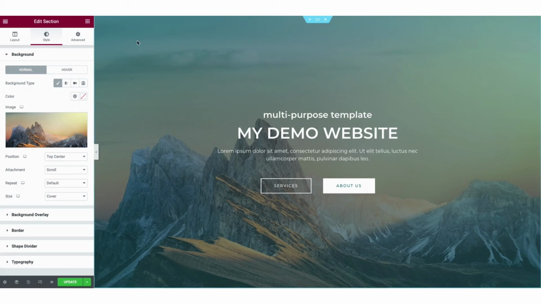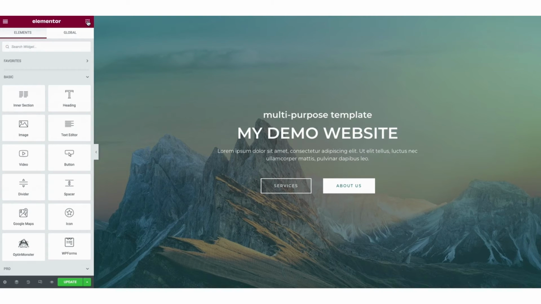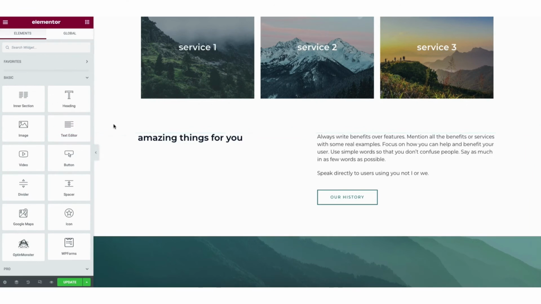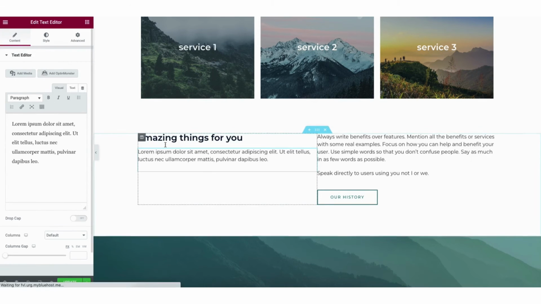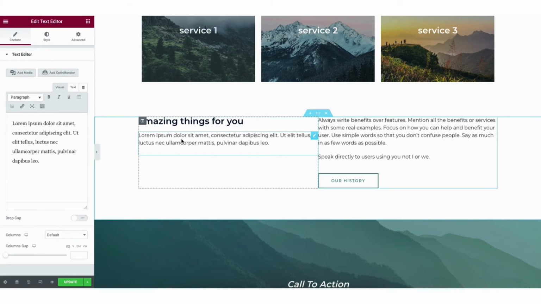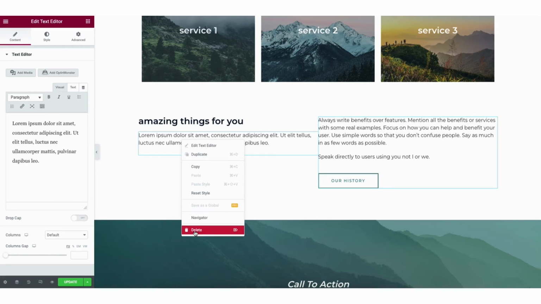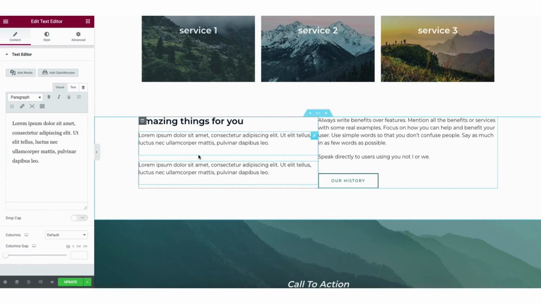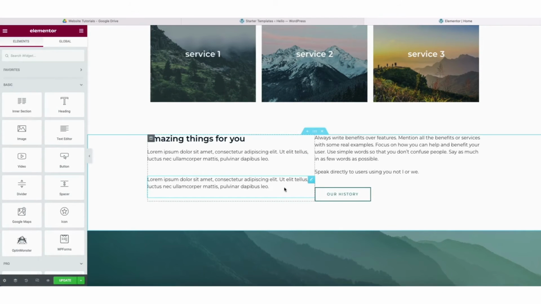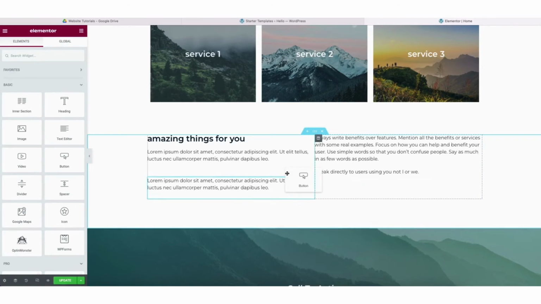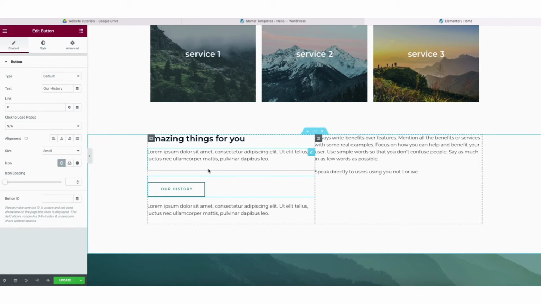I'll click the 9 dots at the top to get back to where you can drag stuff into the page. I'll scroll down a bit on the page. You can select what you want over on the left and drag it in wherever you'd like it. If you right-click on an area, you can delete it if you don't want it. By right-clicking, you can duplicate something if you need to. You can drag something over to somewhere else on the page by selecting it and dragging it over to where